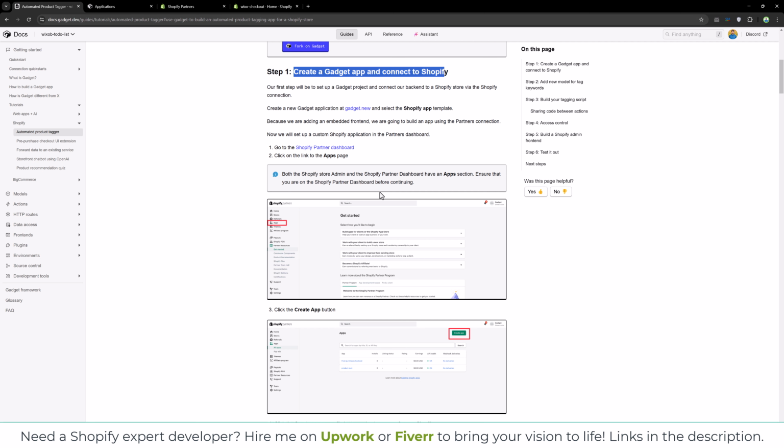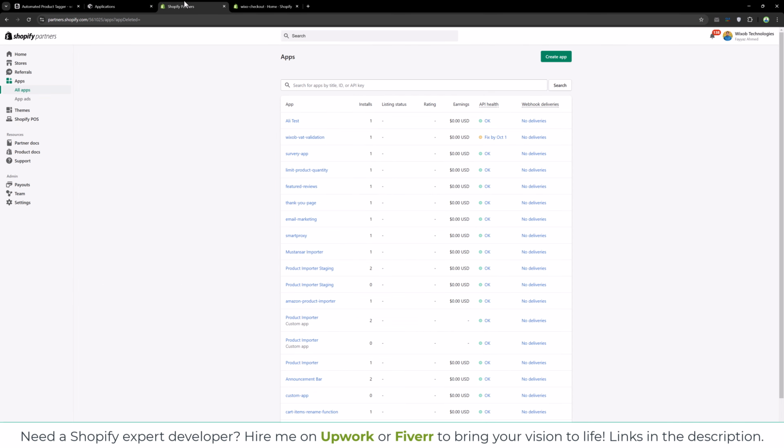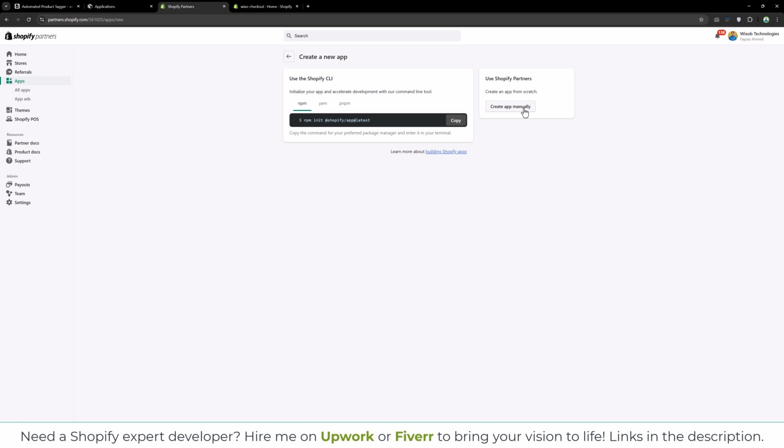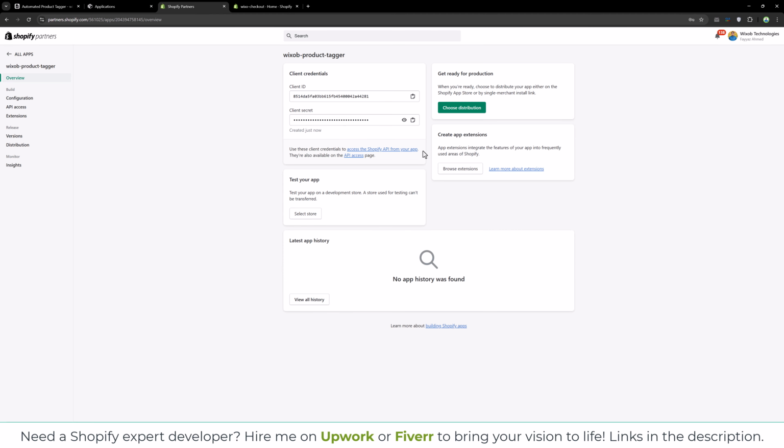So we need to create a new app in our Shopify partner. So I will go and create a new app manually, and I will name it Wixop product tagger. You can name it whatever you want. Okay, once our app is created, we need to go to the